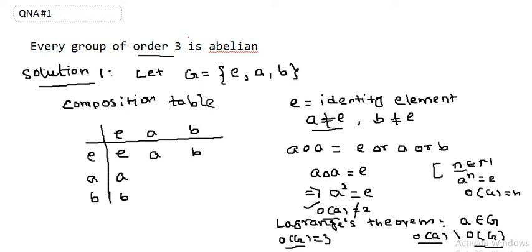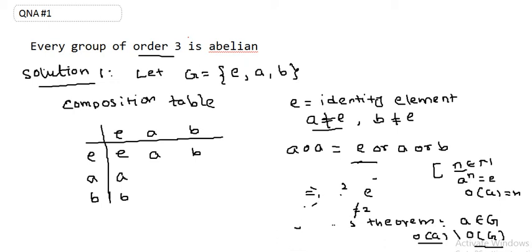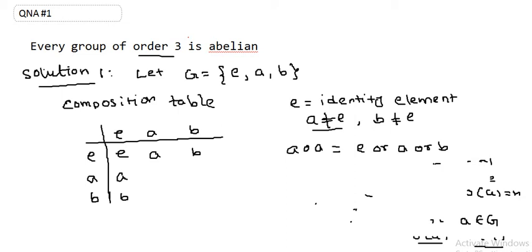So how do we get the order of A equals 2? Because we assumed that A compose A equals E. So this possibility is not possible. So this is not a possible value of A compose A. So this is not over here. So let me erase this and let's talk about other possibilities. Okay, so here we go.